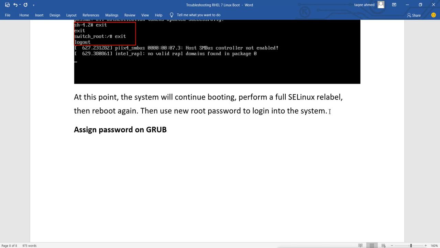So if grub does not allow anyone to edit, then what? It will be secure. That means if anyone tries to edit the kernel option and tries to add rd.break, then it will ask for the password. And if you don't want to edit the kernel, then it will not ask for the password. You can restart the system. You can start the system normally.